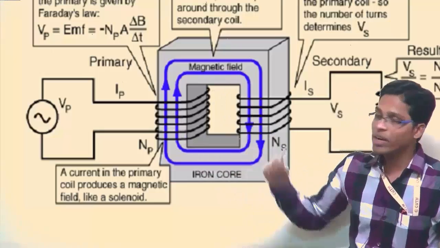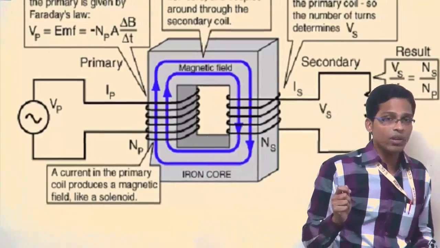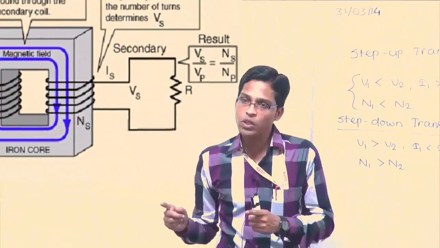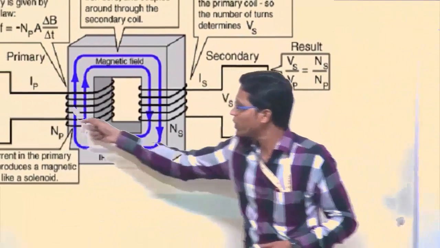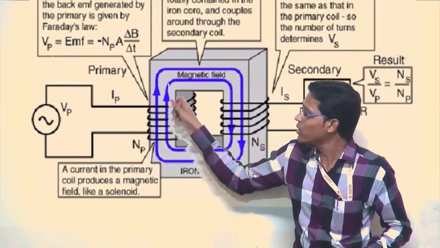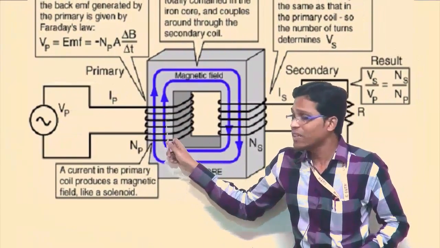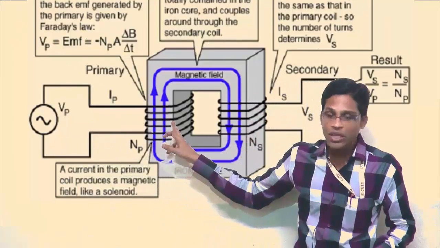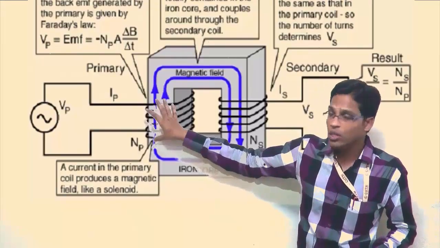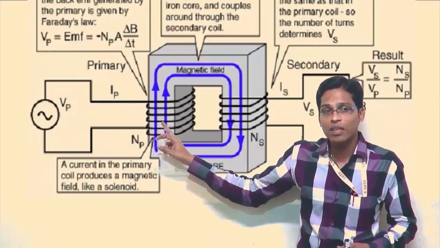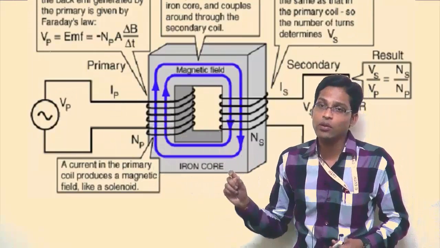which is called the self-induced EMF. In the previous slide I showed you that a transformer works on Faraday's law of electromagnetic induction, which includes self-induction as well as mutual induction. Self-induction means we are supplying the voltage to the primary winding, and due to the supply voltage, whatever EMF is induced in the same primary winding is called the self-induced EMF. That means in the same winding to which you are supplying the voltage, EMF is induced. So due to the alternating flux, the voltage induced in the primary winding is called the self-induced EMF. And that formula is given by,